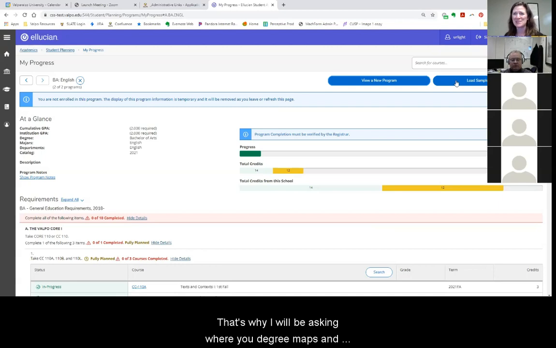So that's why we'll be asking for degree maps and those course offering cycles, because that's the other thing. If a student selects a course and says, I really want to take this one in spring, if we have the information that that course is typically offered every fall, we can have that also pop up as part of the content in the course description, that it's typically offered in fall only, or typically offered in even numbered springs, something like that. So that will help students to plan more effectively and have a workable plan,